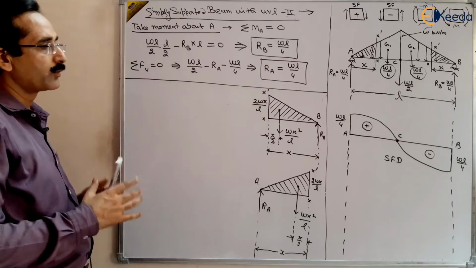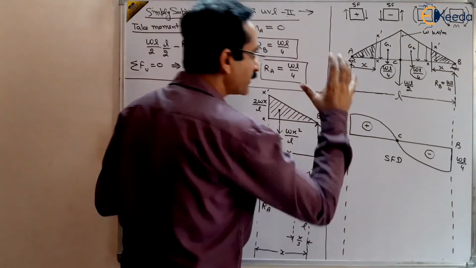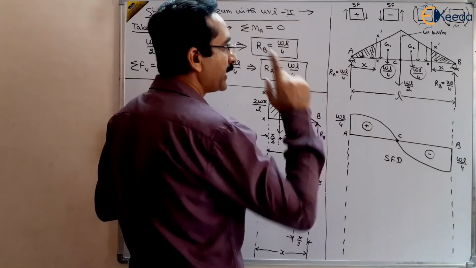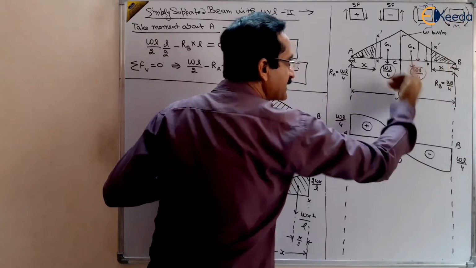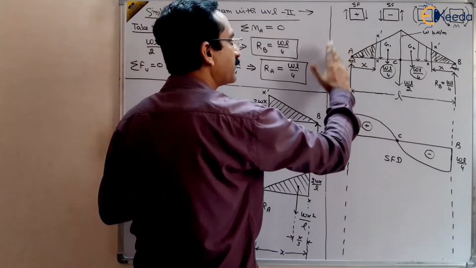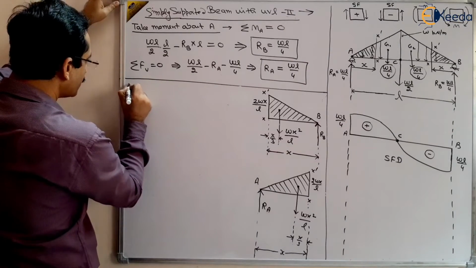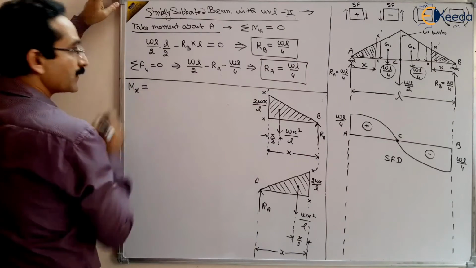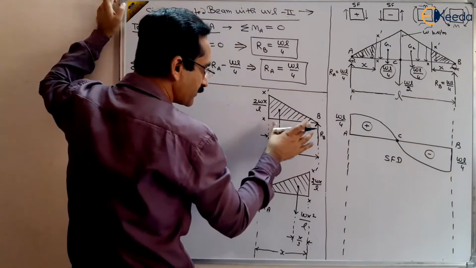Next we want to find out the bending moment diagram. How to draw the bending moment diagram? For that we have to find out the bending moment at point X while taking from B side, and at point X while taking from A side, similar to the shear force diagram. So for the bending moment diagram, finding the Mx from B side,